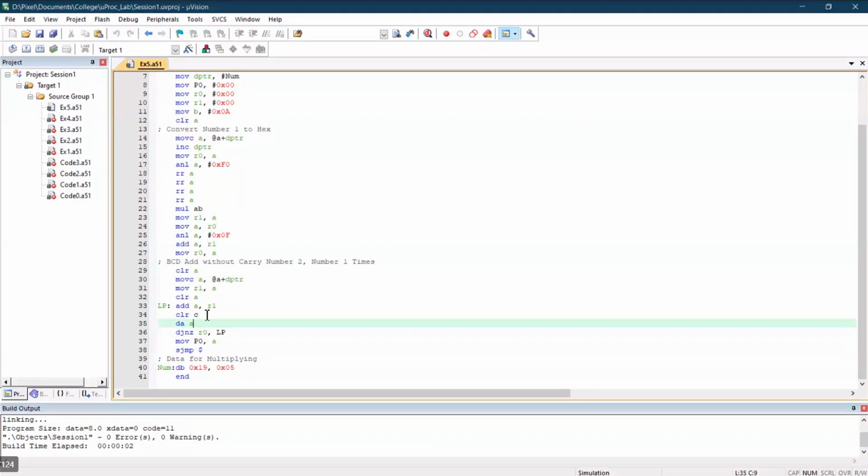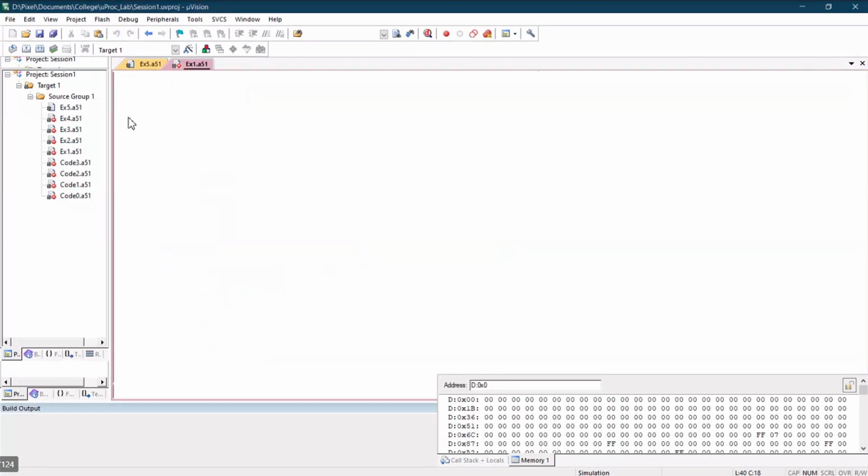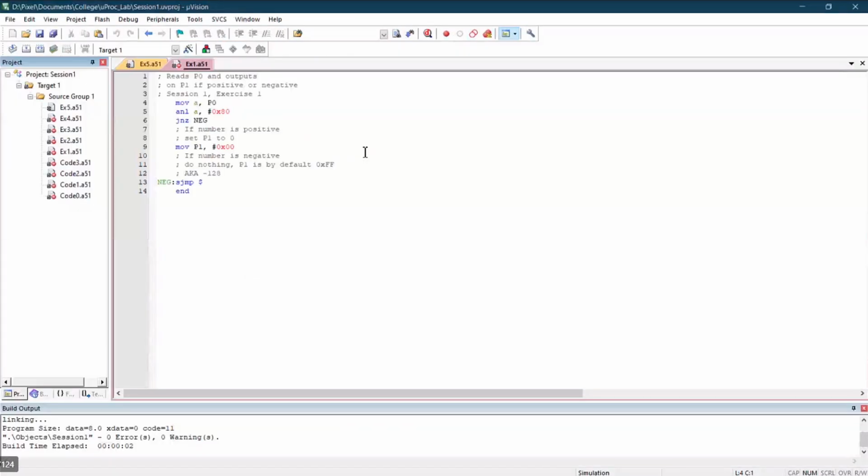Now, just to do one thing, the data numbers you have taken, 19 multiplied by 5, change it to 99 multiplied by 99. Run this. Build the target first. Yeah, forgot that. Build the target. Close it.